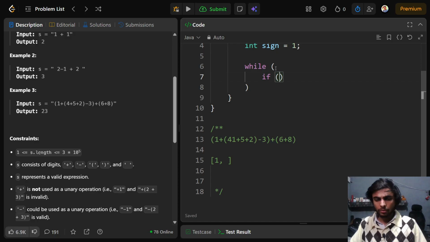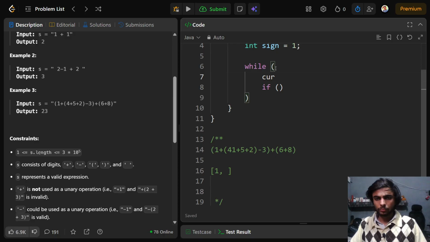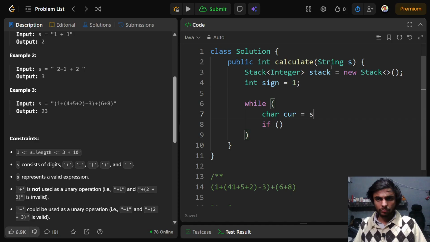Let's define a current equal to s dot charAt some index, and if current is equal to plus or minus,